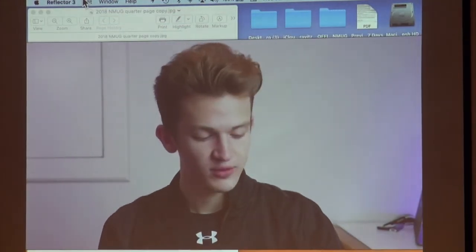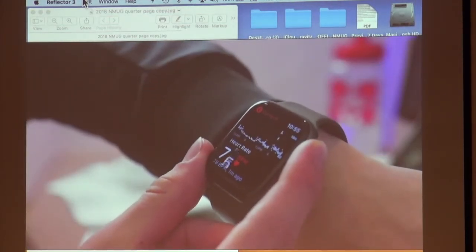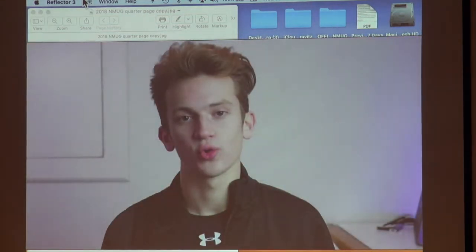Now with the Series 4, if you hold your finger over the digital crown, not only will it do it faster and more reliably, but it will also update every second instead of every 5 seconds. A cool little trick. Okay, I want to comment on that, because I was trying that. Well, when you hold that crown and you push on it, Siri comes up. And so I thought, well, what is this guy talking about? Well, it's just literally putting your finger on the crown and not pressing it. And then the heart rate does change